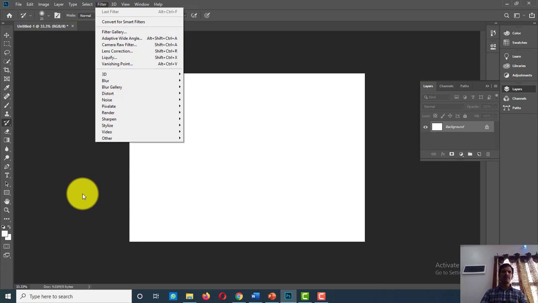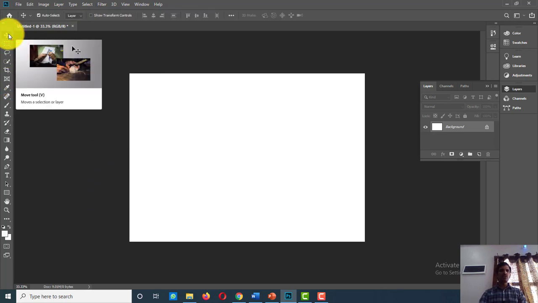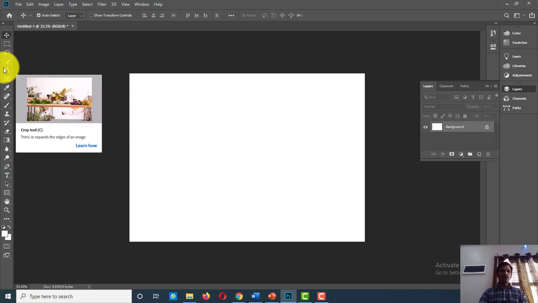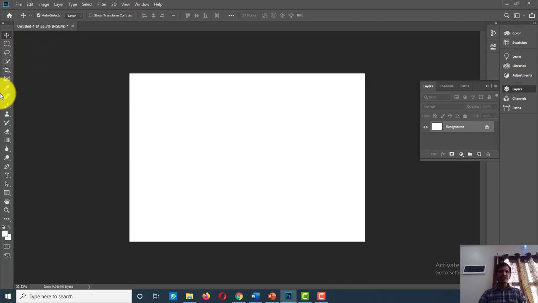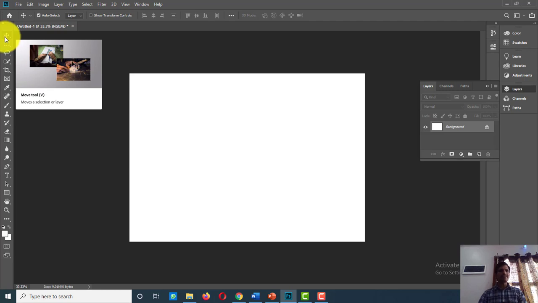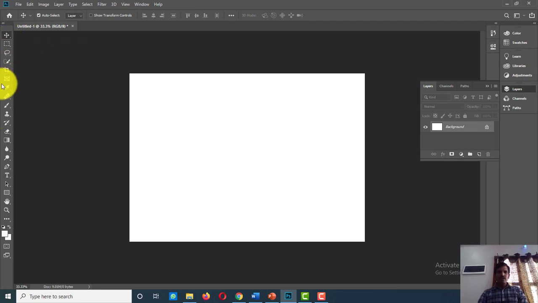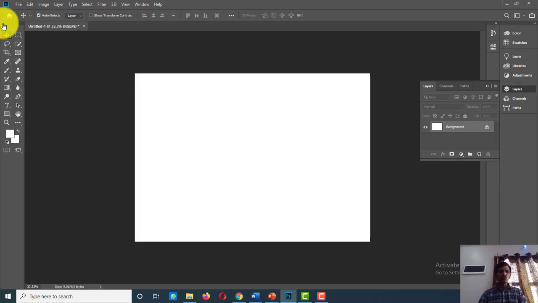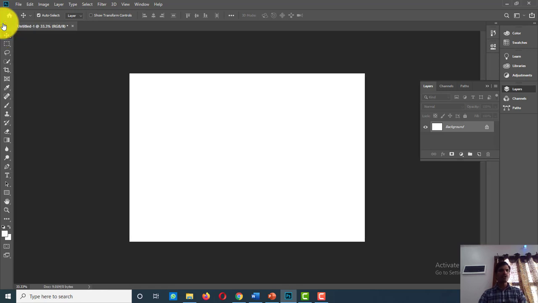And the next one is the toolbar, on the left side of the screen, the Photoshop tools panel, formerly known as the tools palette and also commonly referred to as the toolbox. This is where we find all the various tools we need for working on our images. By default, the toolbar appears as a single column. Clicking the double arrow at the top will expand the toolbar into a shorter double column. Click the arrow again to return to the single column layout.